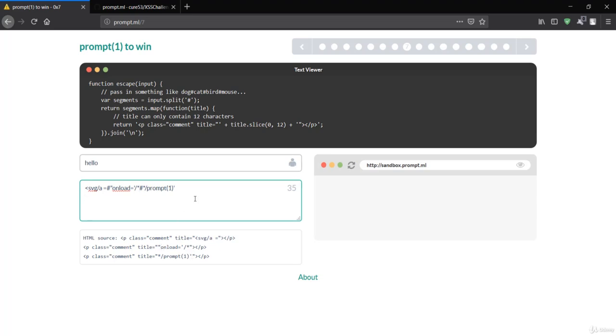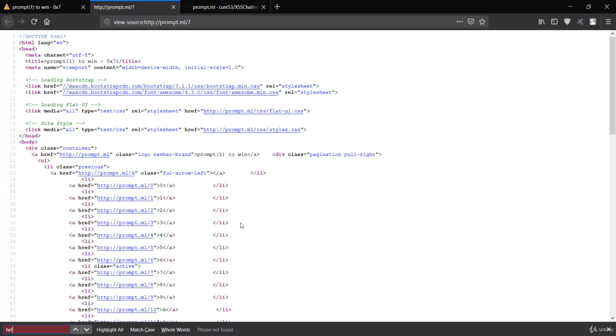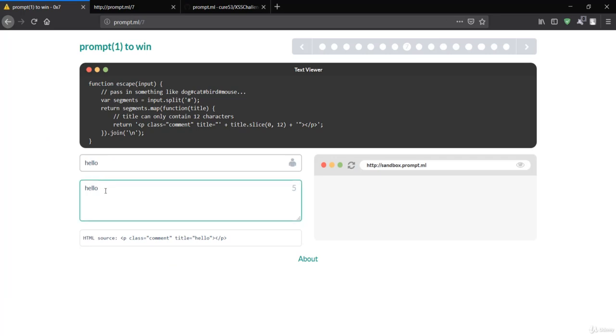And it will make our complete payload executable. So again, if I execute this, it is again not working. Let's see why it is not working, because we have to see where this payload is injected. Let me copy this first and remove it, and let me say hello first, and let's see where this is reflected. I'll press Control U, Control F, and hello, and it is not reflected here. So let's see where the script is reflected. Basically it is reflected over here, in the title.